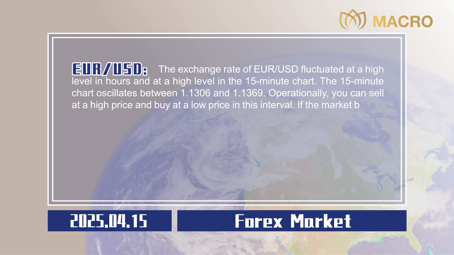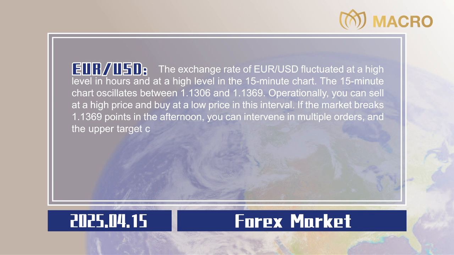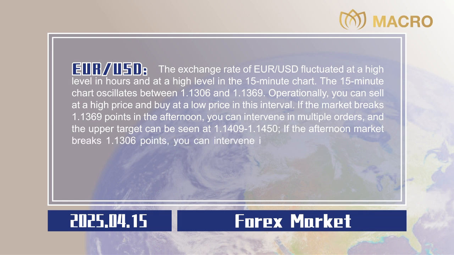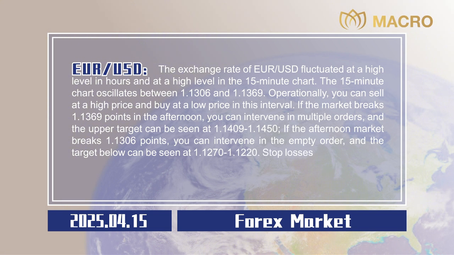If the market breaks 1.1369 points in the afternoon, you can intervene in multiple orders, and the upper target can be seen at 1.1409 to 1.1450. If the afternoon market breaks 1.1306 points, you can intervene in the empty order, and the target below can be seen at 1.1270 to 1.1220. Stop losses are all 20 points,